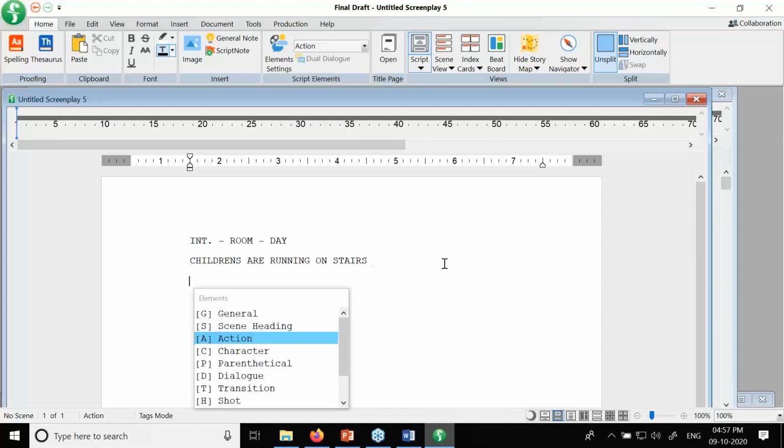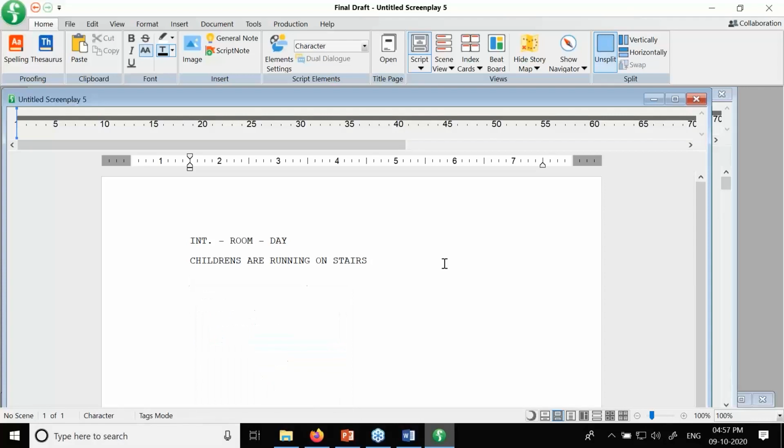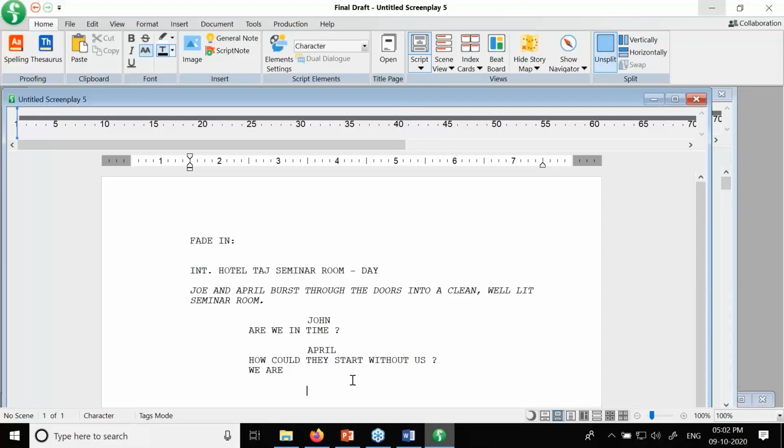Then again the character enters. Select the down arrow, enter the character. Right. Again, this is, you know, what we have to write every time. This is a very simple and easy software. If any faculty is taking a new course and they have to teach this Final Draft software, the script writing is that easy. But if we start to understand the tools, tips, and the toolbar that we have in Final Draft,